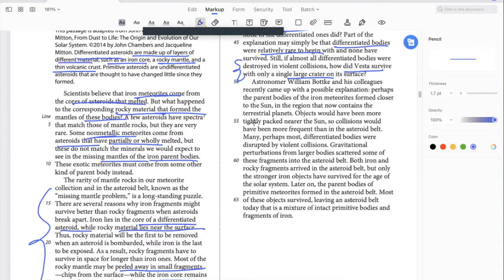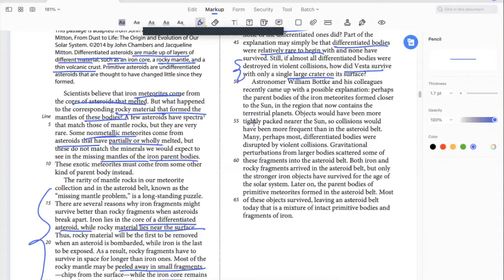Gravitational perturbations from larger bodies scattered some of these fragments into the asteroid belt. Both iron and rocky fragments arrived at the asteroid belt, but only the stronger iron objects have survived for the age of the solar system. Later on, the parent bodies of primitive meteorites formed in the asteroid belt. Most of these objects survived, leaving an asteroid belt today that is a mixture of intact primitive bodies and fragments